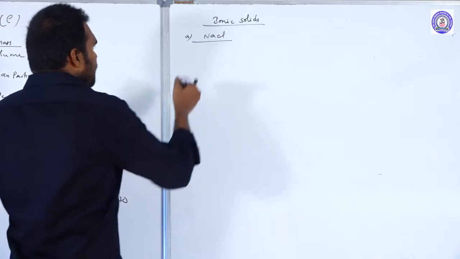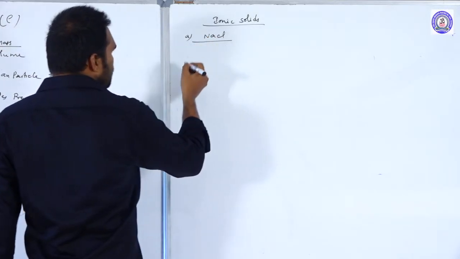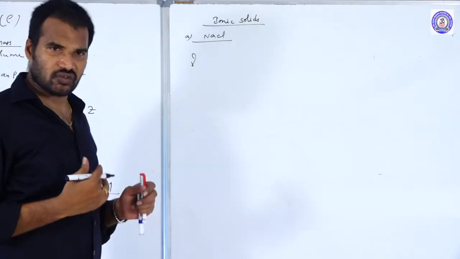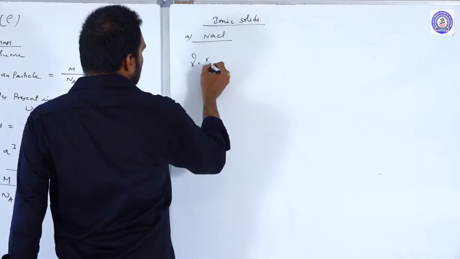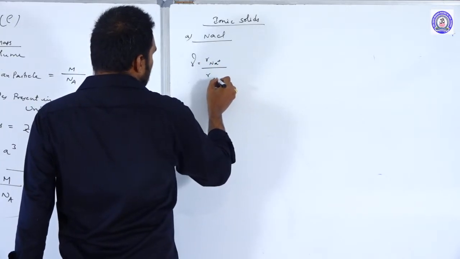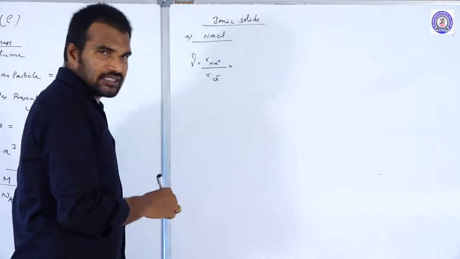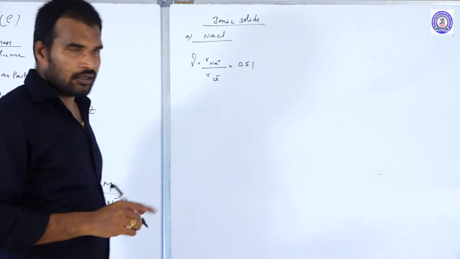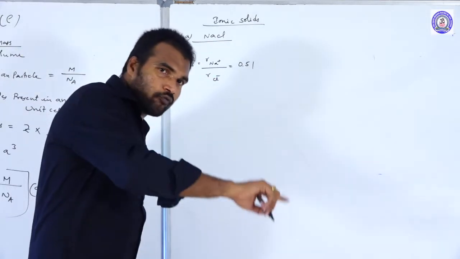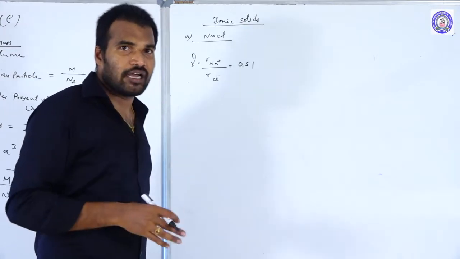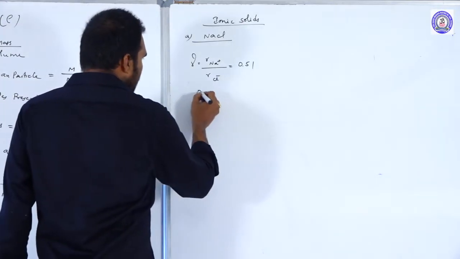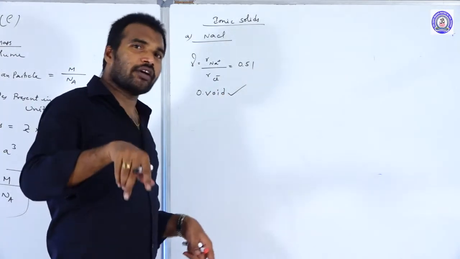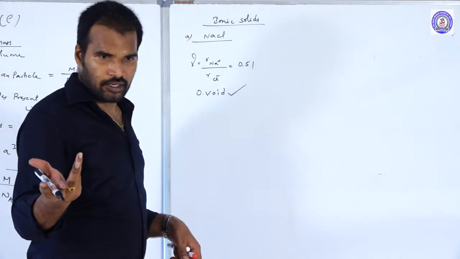NaCl. And in the case of NaCl, when you calculate this gamma value, what is the gamma value? It's the radius of cation to the radius of anion, so that is equal to radius of Na+ by radius of Cl-. When we calculate this gamma value, we got 0.51. If the gamma value is between 0.414 to 0.732, we have an octahedral void. It was clear. If it is an octahedral void, what is the coordination number? 6. And already we know that.